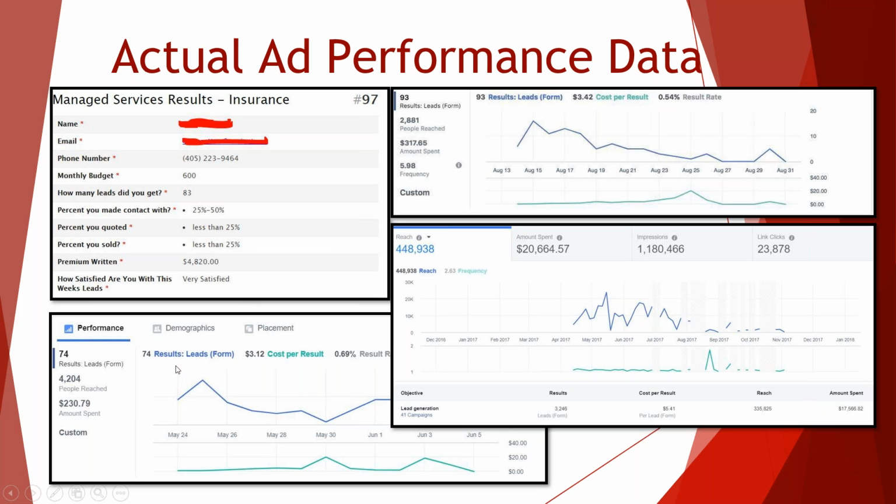Here's one that looks like it was slower volume, from the end of May to the first part of June, so a couple weeks there, $3.12. This was a live campaign that we ran. And then here's something that's stretched out a little bit longer. A lot of times people will show you, oh, look, we got 2 leads in the first day or first hour, and that's great. And we do get immediate results.